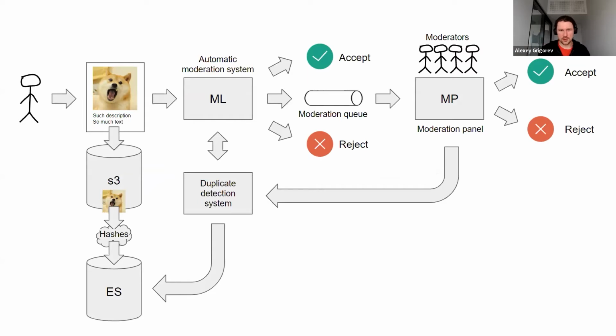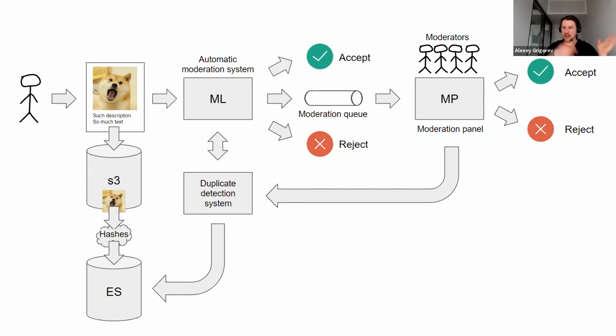This is a bit technical. I don't know how technical you are. If you're more technical, this could be quite interesting for you. First, when a listing is uploaded, we save it to S3, and then from S3, a separate process kicks in. We compute things called hashes and other characteristics of images. Then we store all these things in an Elasticsearch cluster to understand that this image and the other image are similar.